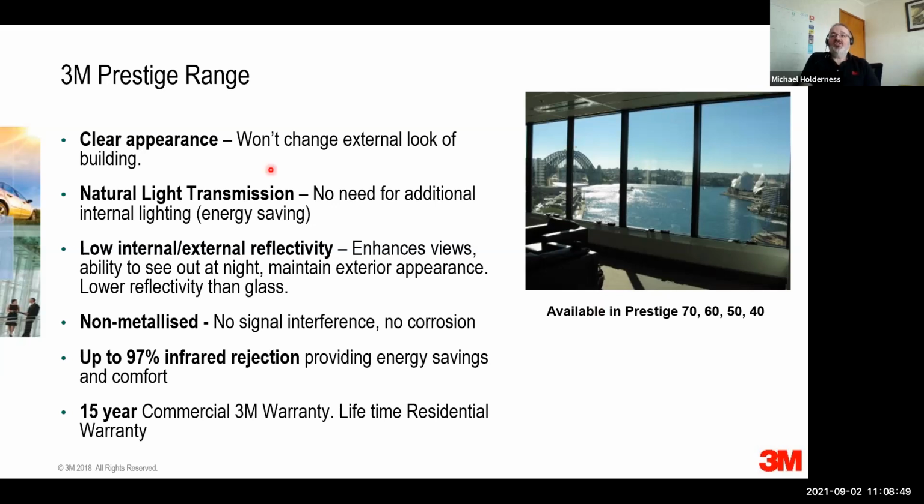It won't change the external look of the building. We've already talked about that. Natural light transmission, so you don't need additional internal lighting because you'll be getting natural light into the building. Low internal and external reflectivity. I'll talk more about that in the next slide for night vision, but